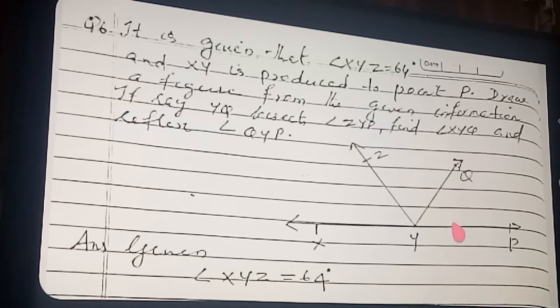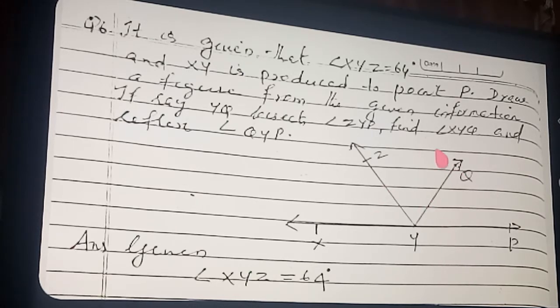ZYP. Clear? Okay. Now, bisecting, what is the meaning? For example, one angle's measurement is 60 degrees. Here itself you think, this angle is 60 degrees, this YQ is bisecting. Then what is the meaning? This angle is 30 and this is also 30. Dividing the whole angle into 2 equal parts we are calling bisecting. So this angle is 30 and this angle is also 30. Clear bisecting? So this ray YQ is bisecting angle ZYP.